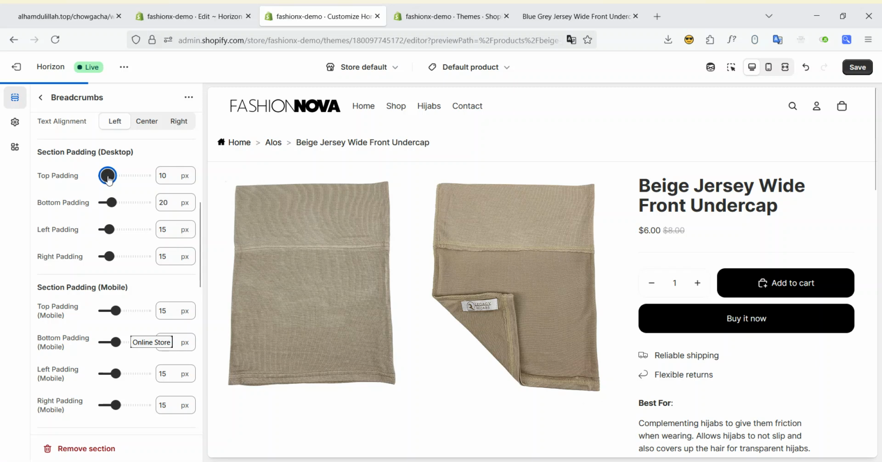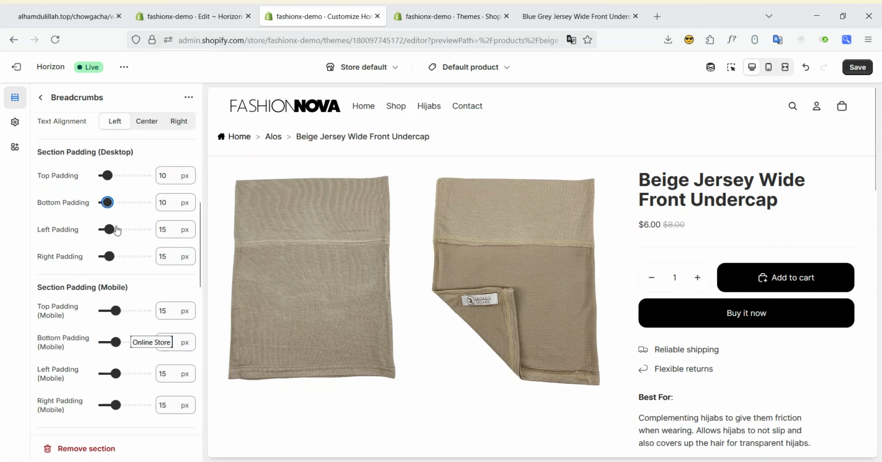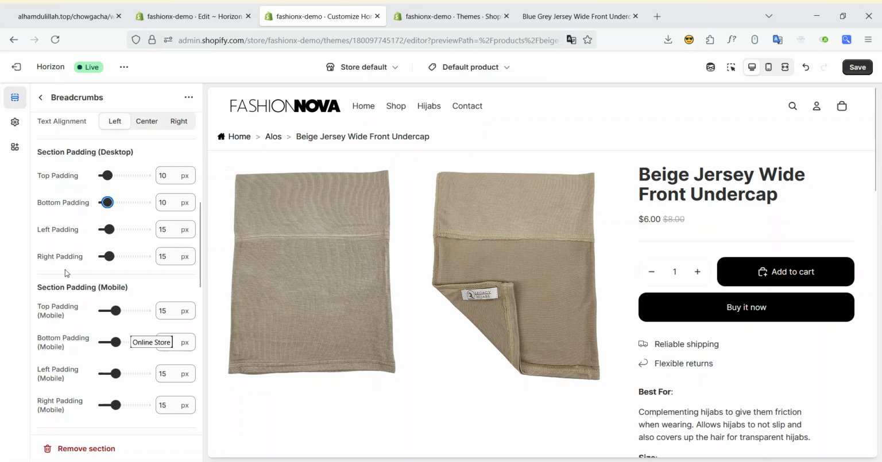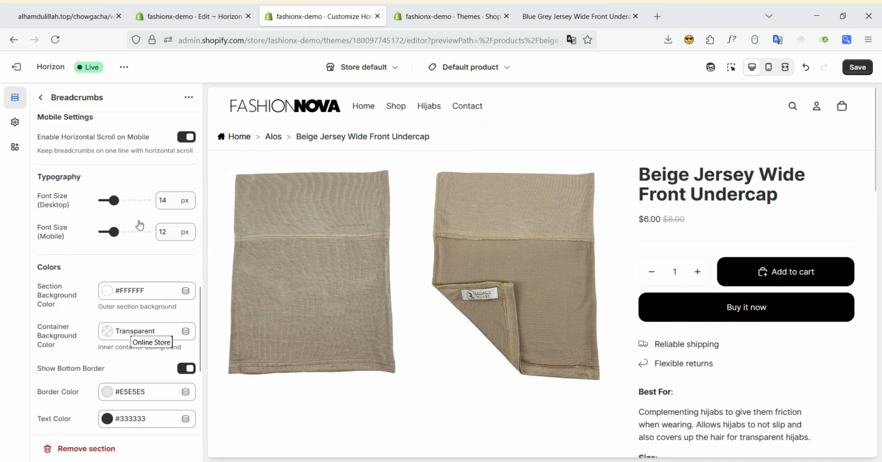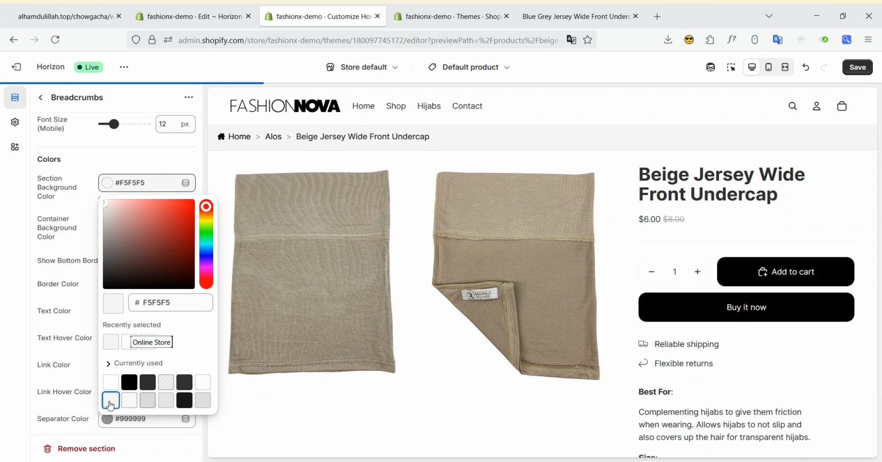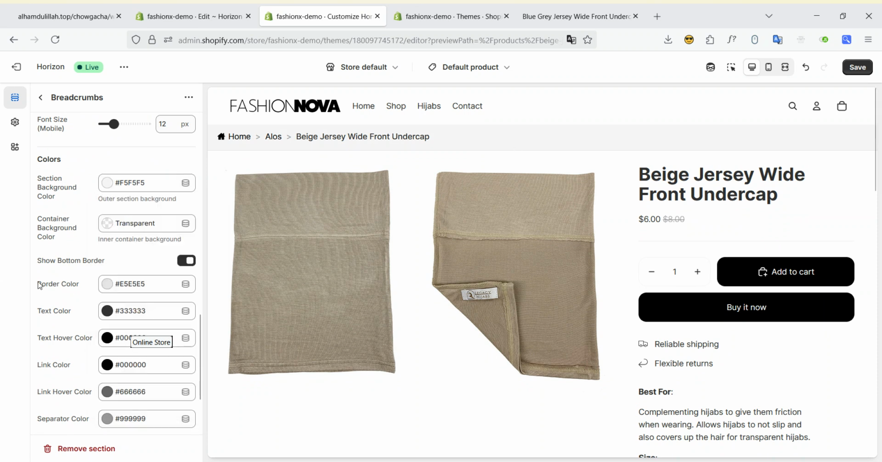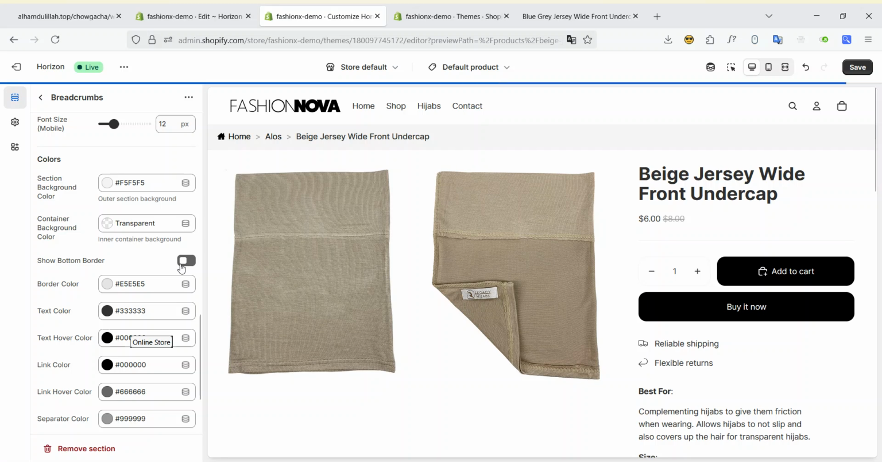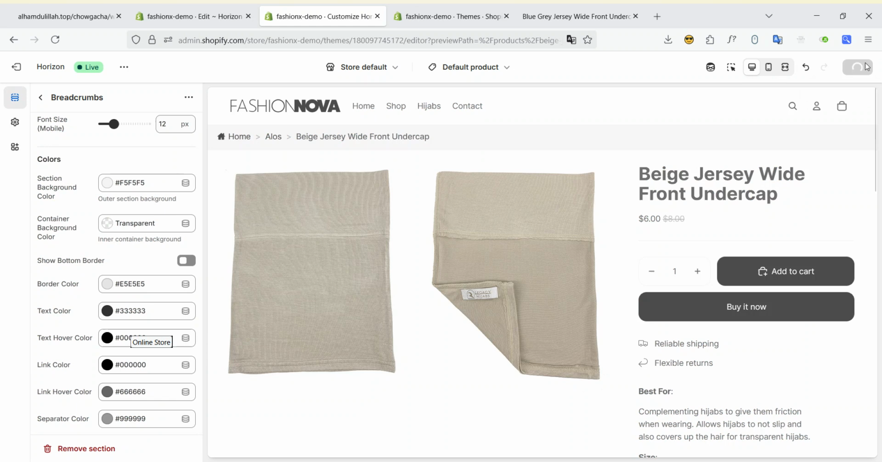So let's make the padding 10 pixel. Yeah, and obviously we can change the font size from here and the background color as well. So let's make the background a little bit darker so that it stands out, and the show bottom border, I would like to hide this. And here you can see the breadcrumbs is perfectly showing. So if I save,